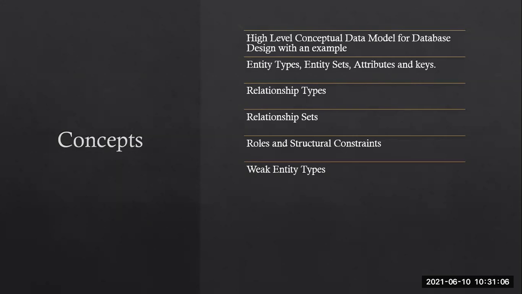This weak entity type I have to begin soon, after the entity types, entity set and attribute definitions. Then after that, ER diagrams. Now let me tell you, ER diagram is called an entity relationship diagram. We are about to begin with your lab session, right? Last time we created the table student, so for the table we are going to have an ER diagram.